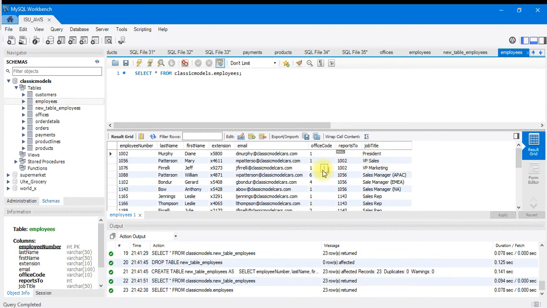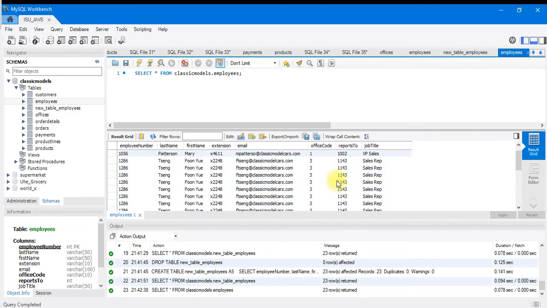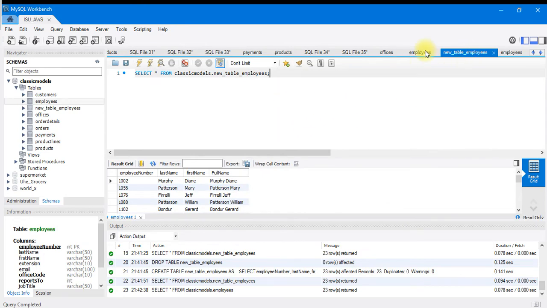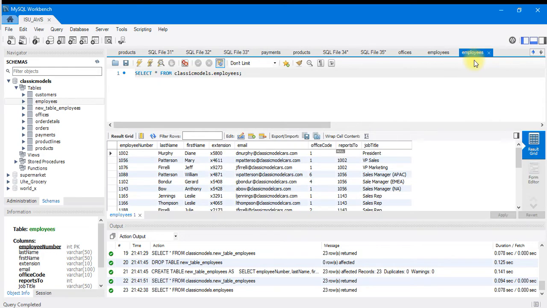If it's not, then we will leave it the same. Okay, just for an example. So if it's office code 1, bring the job title over. Otherwise, leave it as office code. So if it's 6, it would stay 6. But if it's 1, president, VP sales, VP marketing. This is just an example. This example doesn't really make sense, but I'm just trying to